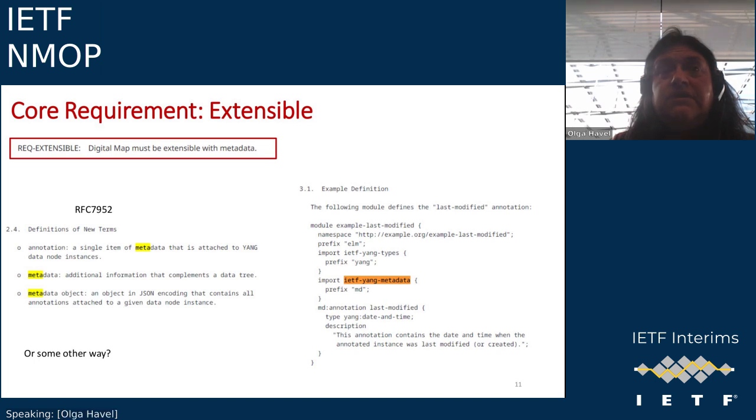Then one of the requirements was that a digital map must be extensible with metadata. So some of the things could be done through extensibility with metadata without changing even the core. And I think, Benoit, if my memory serves me right, this is one of the requirements that